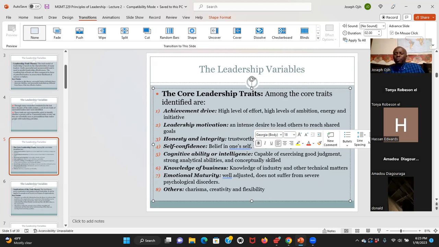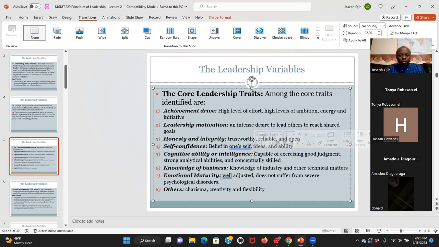Then she had knowledge of business too. She had worked in TV before, so she had knowledge of what the industry was and where it was heading, and she was able to take advantage of that knowledge to milk it for what it was worth, and establish a TV show that is known worldwide. I started hearing about Oprah when I was in Nigeria, years ago, before I came to the United States. That tells you how far and wide the reach of her program was.